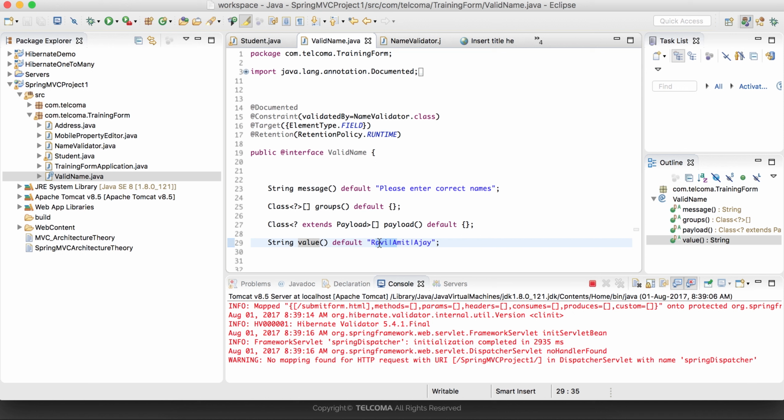So, clear with the custom form validation annotation along with arguments? Okay, so in the next tutorial we'll